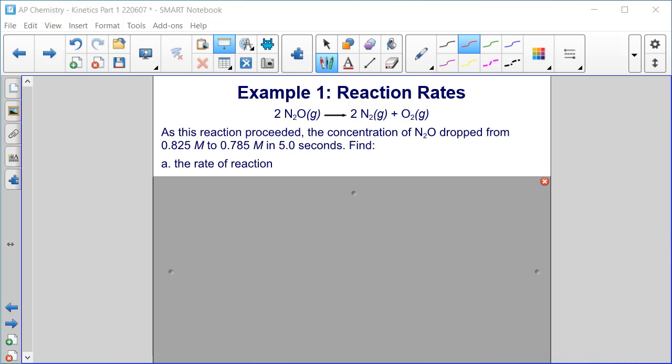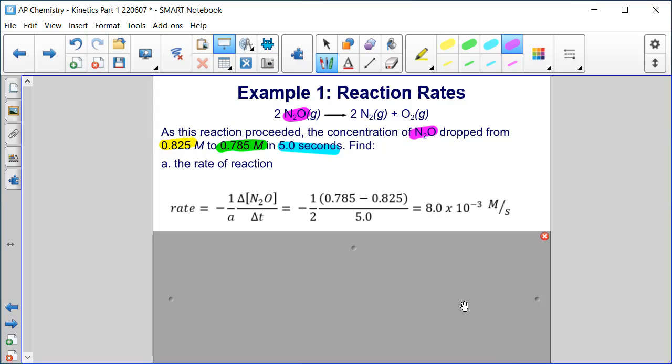All right, so in part A of this first reaction, we're asked to determine the rate of the reaction. And let's just keep in mind what information we've been given. We've been given the initial concentration, final concentration, and the time that elapsed. And I also just want to circle or highlight for a second, we're talking about this N2O reactant. Okay, so rate of reaction